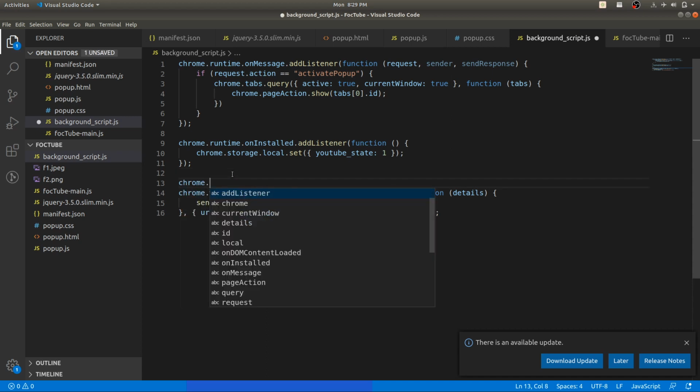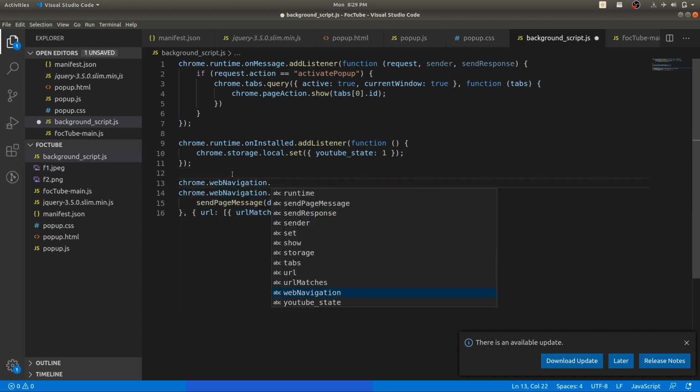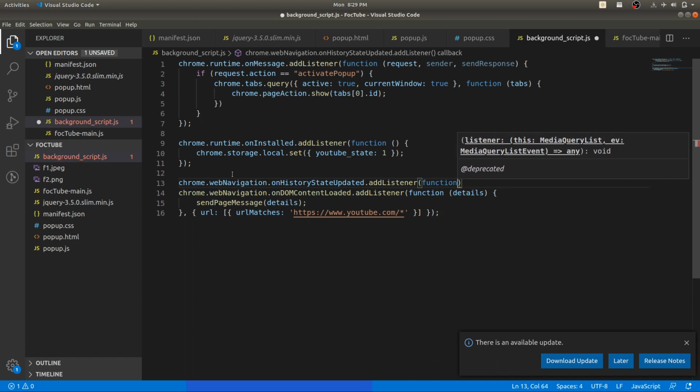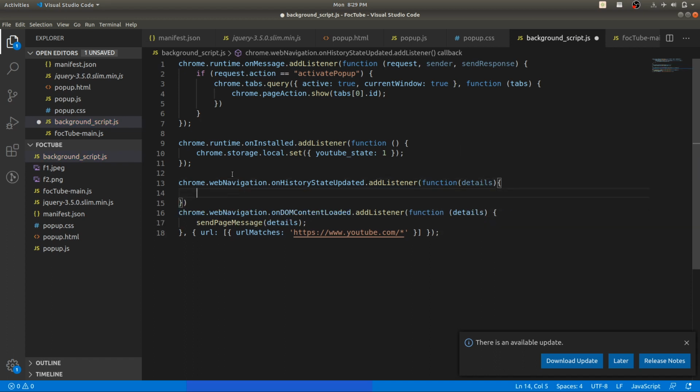Okay, now we want to add another listener on web navigation, that history update. So basically what happens, Chrome web navigation on DOM content loaded executes when you surf from different site to youtube.com or refreshes the page.